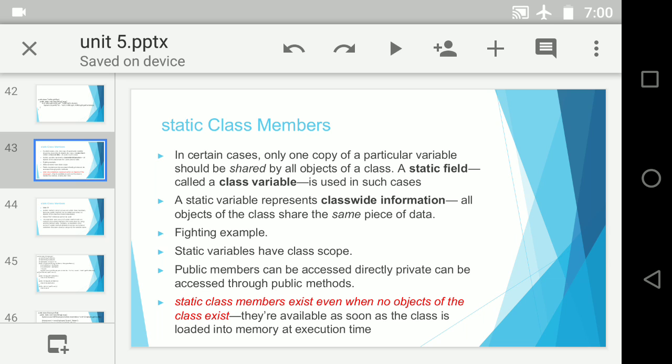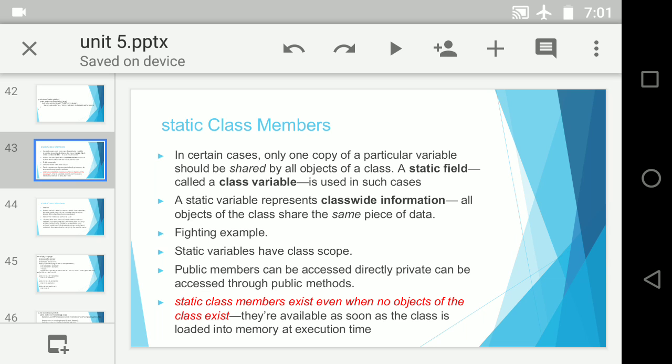Why? Because static members exist even when no objects of the class exist, and we want our method to be executed even before creation of a copy of the class. That is the reason we put only static members in a static method. If we try to put non-static members in a static method, it will give a compilation error.